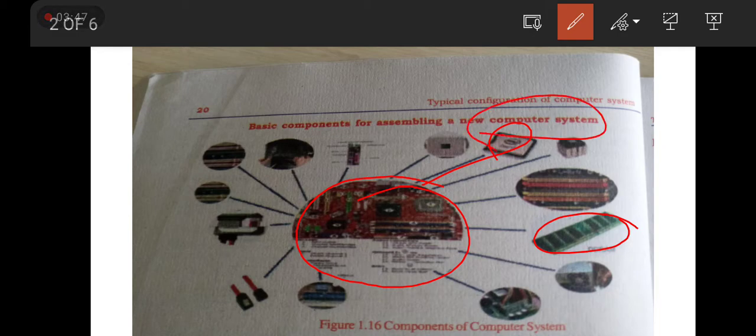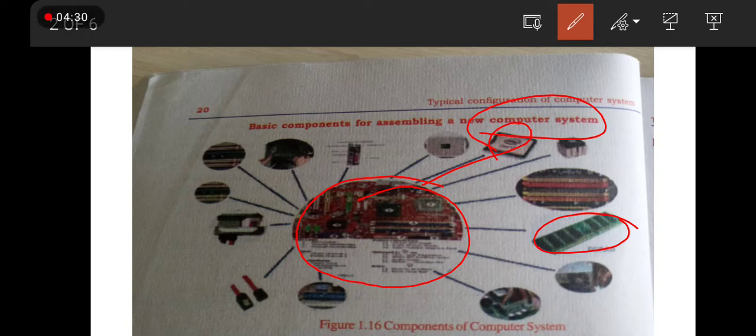We can take a computer which is built, in the sense manufactured, with all the components from the same company. Here all the components of the computer are manufactured by the same company, so configuring is not needed. Configuration of a computer is needed when you are assembling, or when you are taking different parts of the computer from different companies.